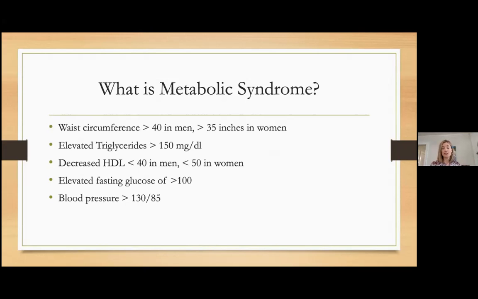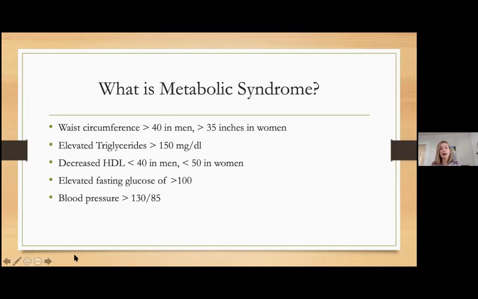A low HDL. If you remember, HDL is that protective type of cholesterol. It's the type of cholesterol that goes back to your liver, right? So not having enough recycling trucks to carry that cholesterol back is a risk factor. Also, high blood sugars. We don't typically think of blood sugars and diabetes having anything to do with heart disease, but it actually has a lot to do with heart disease. And then, of course, high blood pressure, anything over 130 over 85.